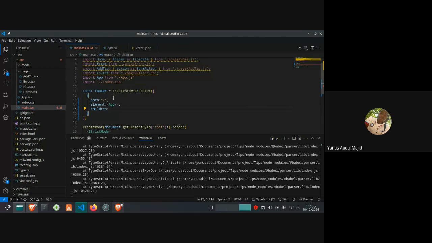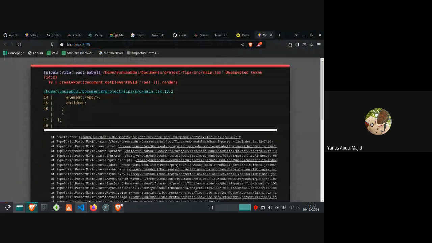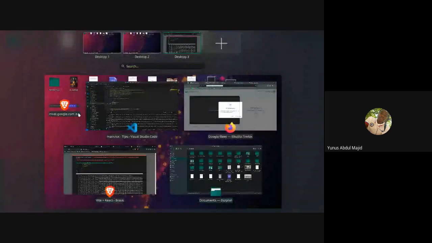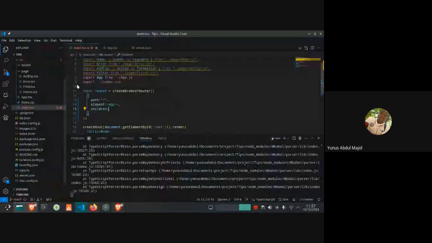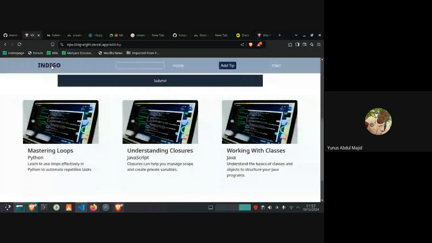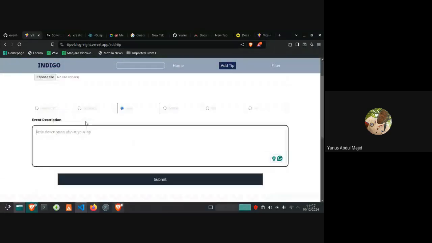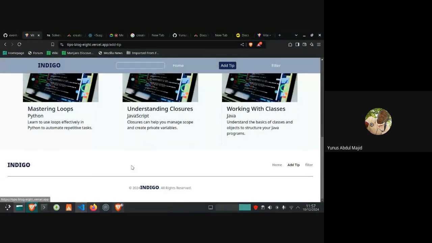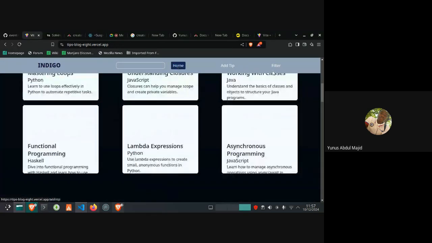Because if you notice, in all the routes there is a navbar and a footer.